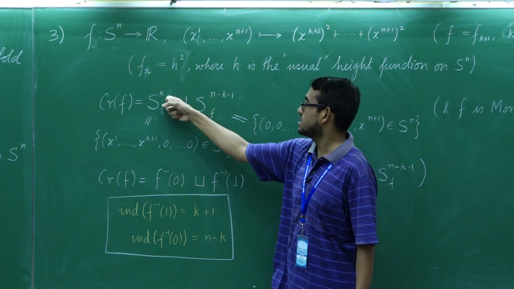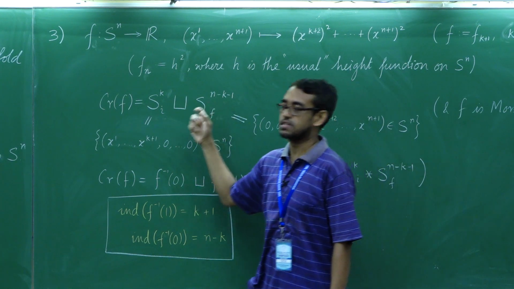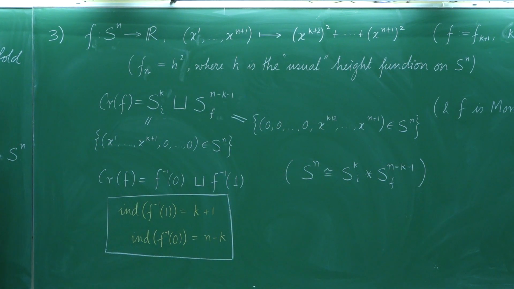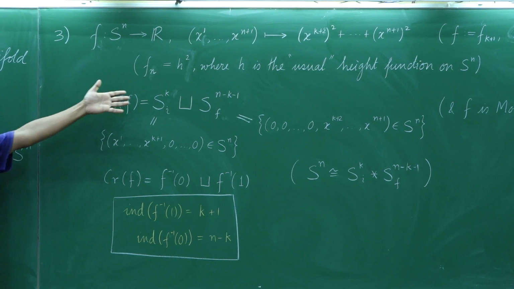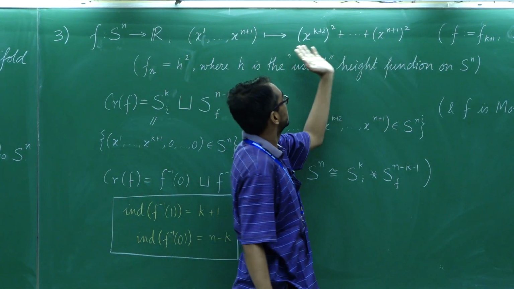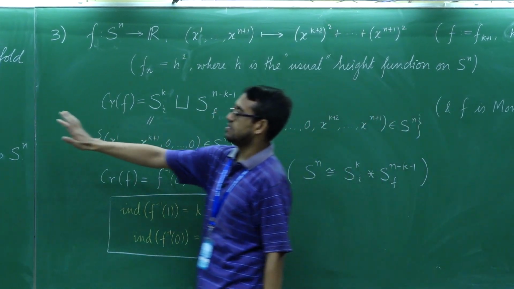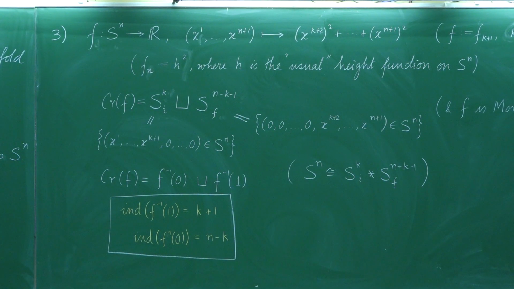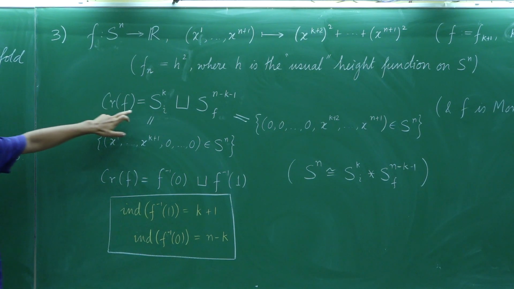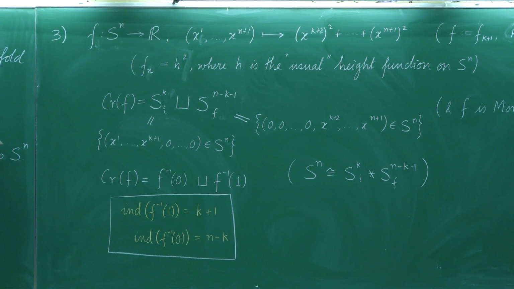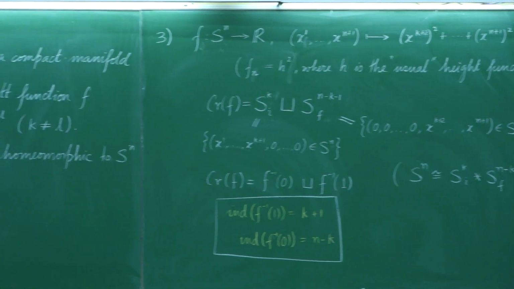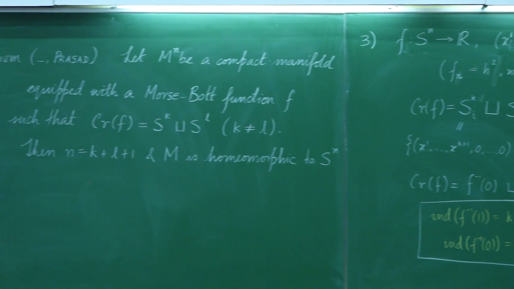Here's one distinction, that this has to be nonempty. Here, in proving this, you need this, because if you drop this, this will not be good. You need one of them to be less than n. But this gives you examples of such things. So the standard sum of squares functions indexed appropriately will be a Morse-Bott function. With this, and continuity. So if you take S3, this is S1, this is S1, and you get a Morse-Bott function with S1, with S1, and okay, so